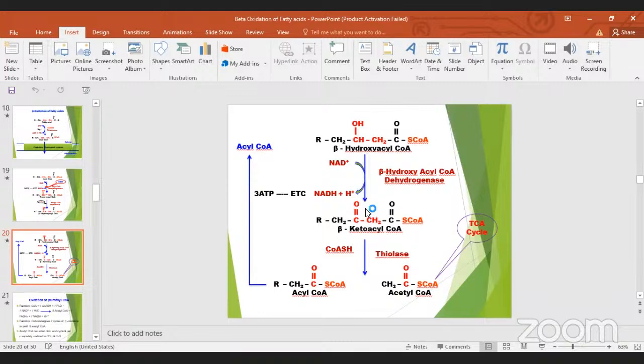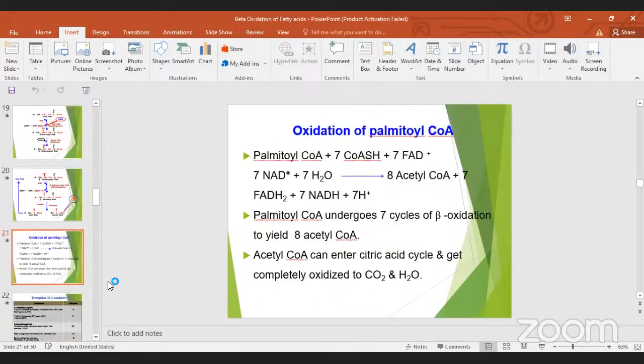Beta keto acyl CoA is split in two by thiolase. One is acyl CoA, and the other is acetyl CoA. Thiolase splits the acyl CoA in this step. The total oxidation: